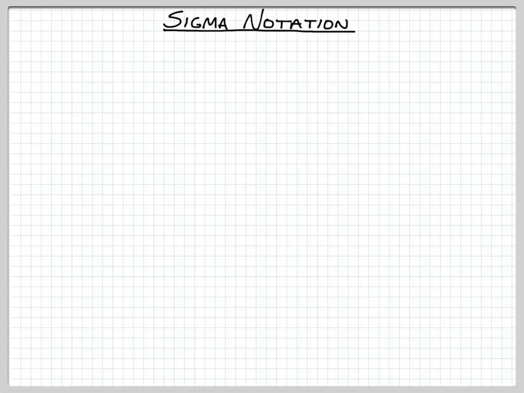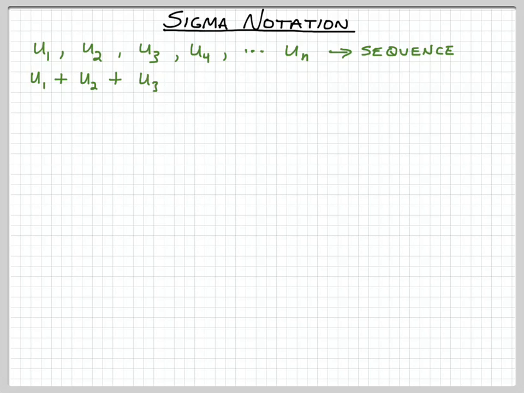You know from prior videos or prior knowledge that if we have a list of terms that all follow the same pattern, we call this a sequence. This list of terms could be shapes, or just a set of numbers, but if it's a list that follows the same pattern from one term to the next, then we call it a sequence. If we go a step further and add each of these terms together